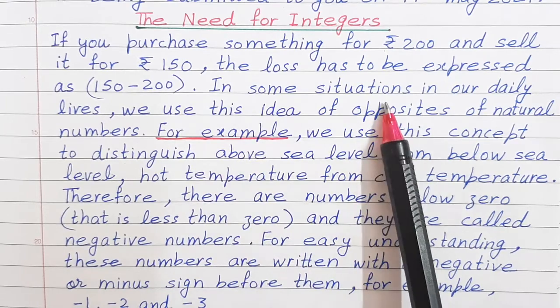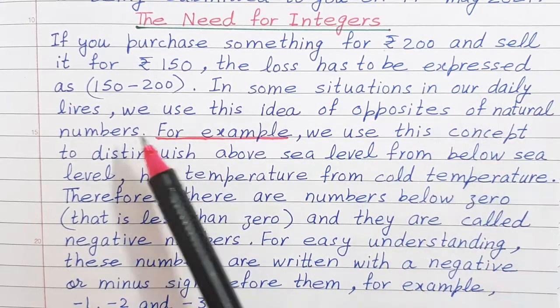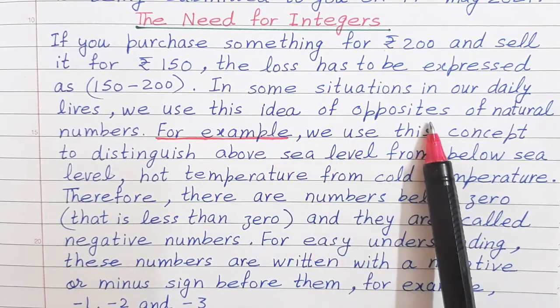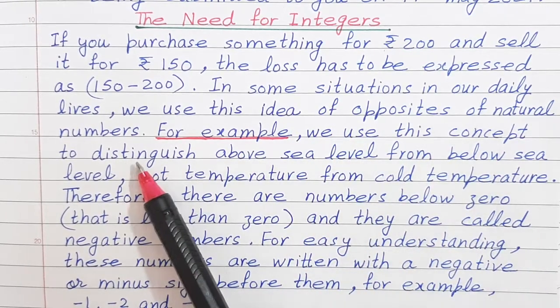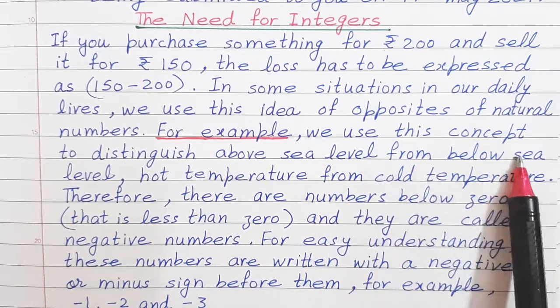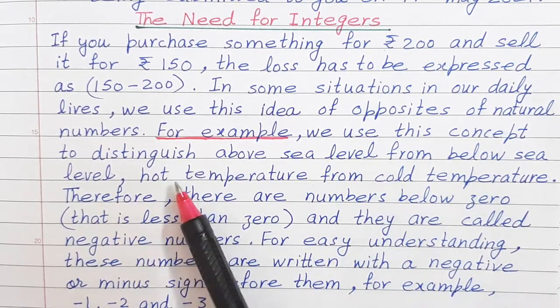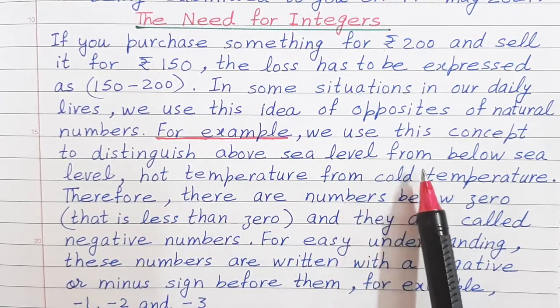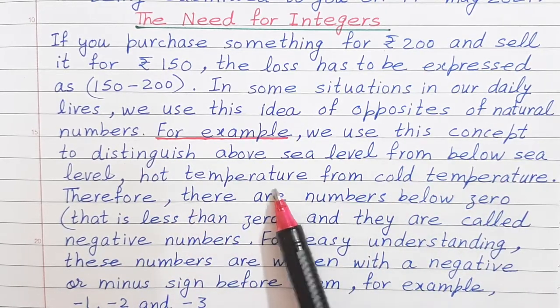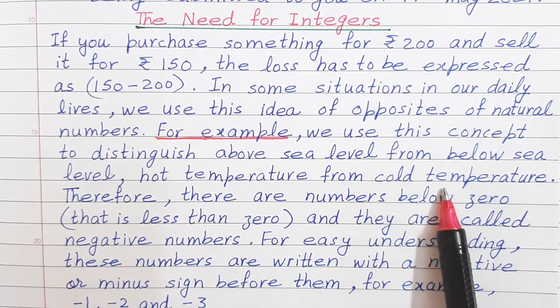In some situations in our daily lives, we use the idea of opposites of natural numbers. For example, we use this concept to distinguish above sea level from below sea level, hot temperature from cold temperature,